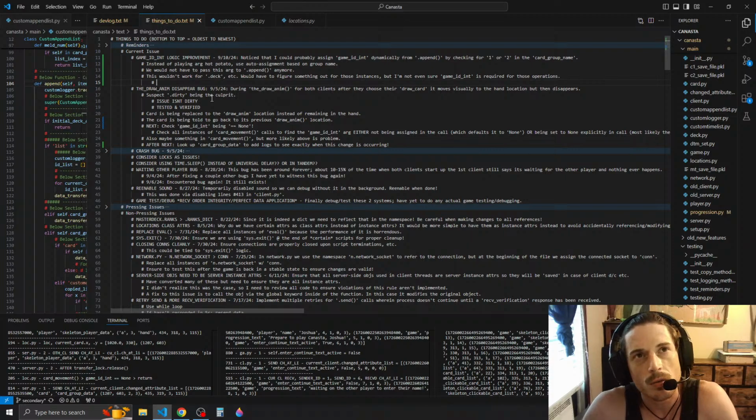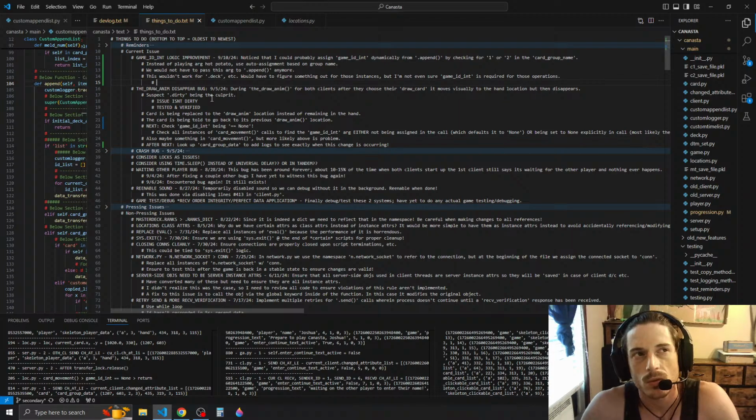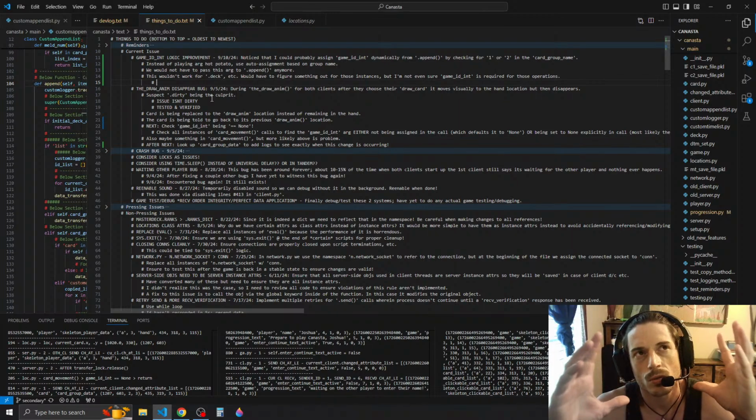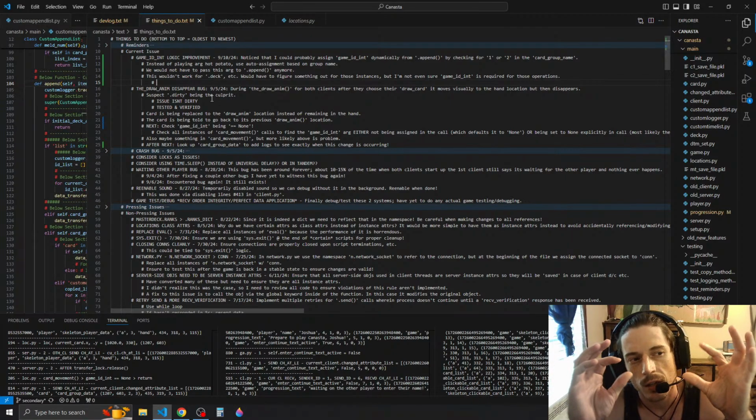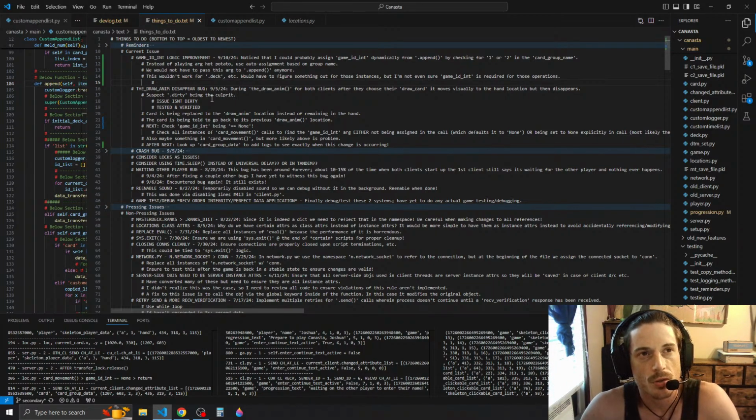But couldn't we just assign, like in setup, couldn't we assign the current game variable? We could assign like locations dot current game equals 1 or 2, or a P1 game or a P2 game, and